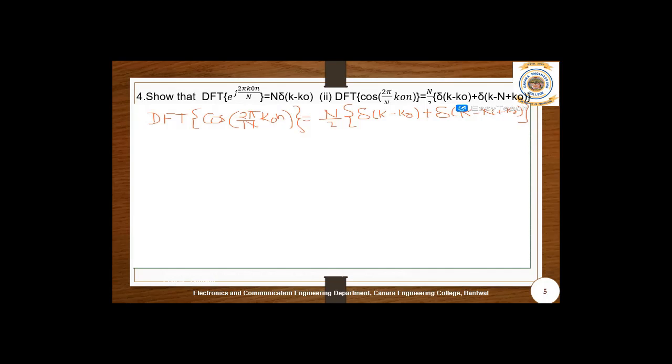So this can be written as DFT of [e to the power j 2 pi by N k naught n plus e to the power minus j 2 pi by N k naught n] divided by 2. By applying the linearity property of DFT, I can write this as